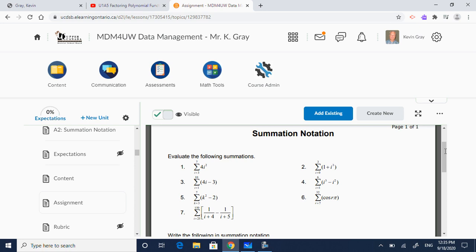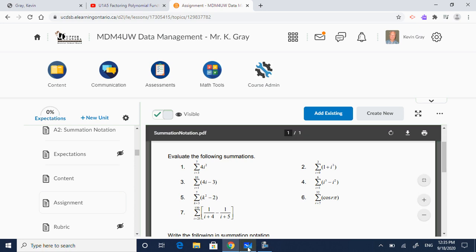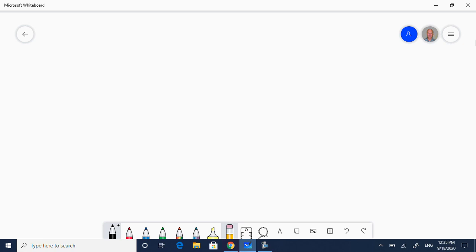I want you to expand that out and look for patterns. And that applies to 7 as well. If I start to expand that out, I'm going to see some patterns here. So in 7, when I expand this out, I'm just going to grab my sheet here. I've got a summation that goes up to 150. It starts at 25. And the summation is 1 over I plus 4